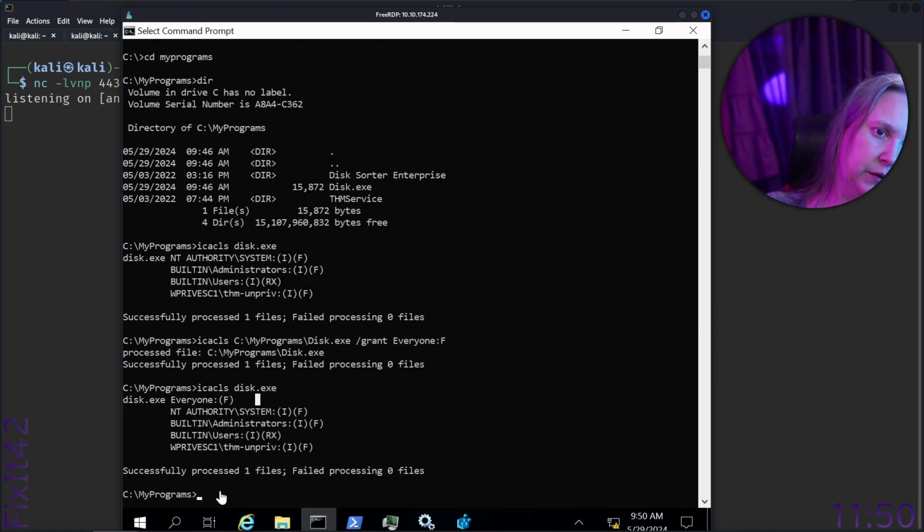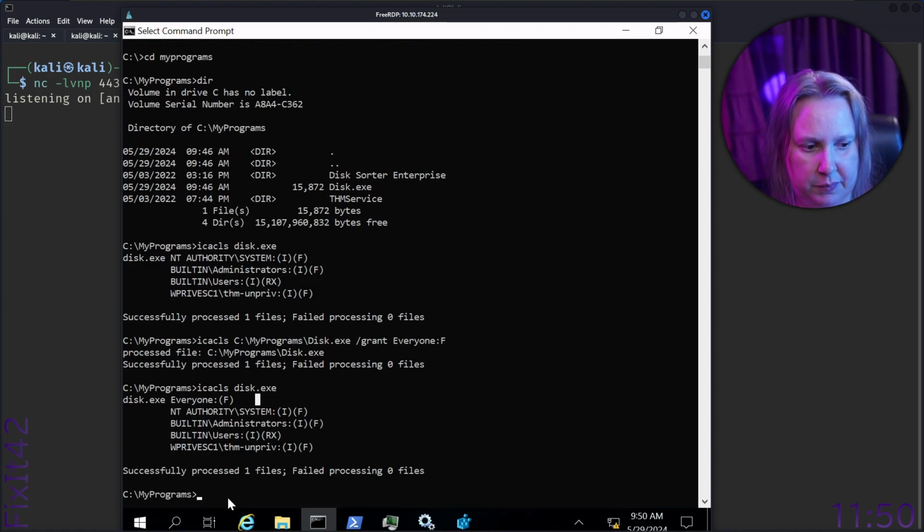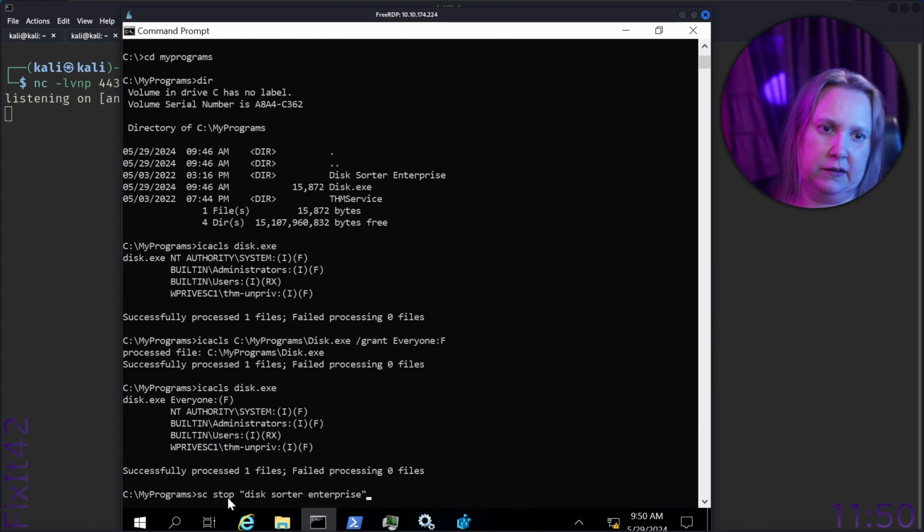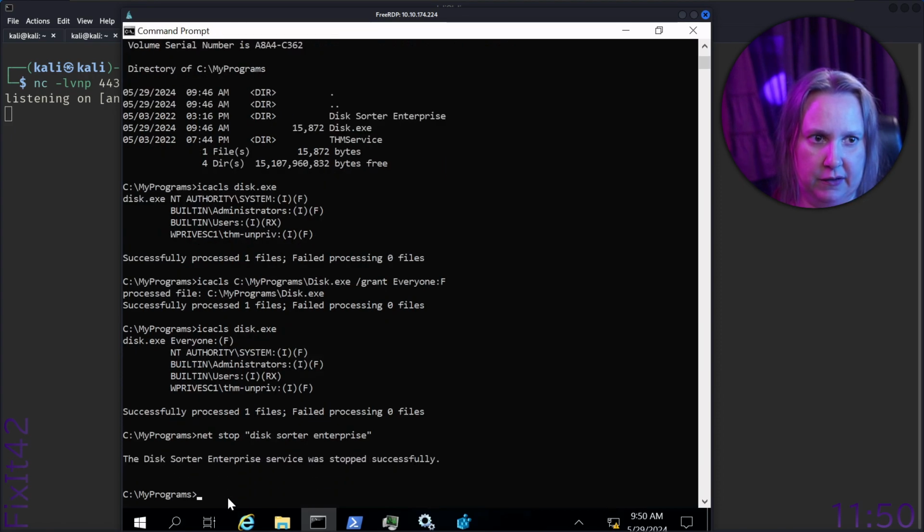Let's use net, but let's paste the command here. And let's take this opportunity to see if this name works with net too, because net gives us better feedback. So now we stop the service, and in this case, this works